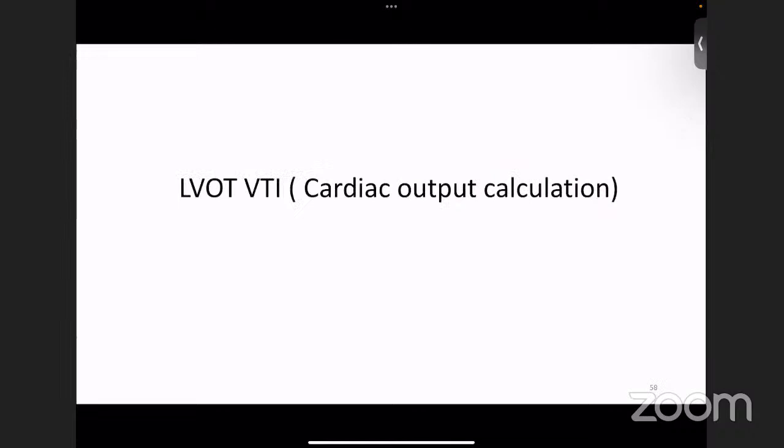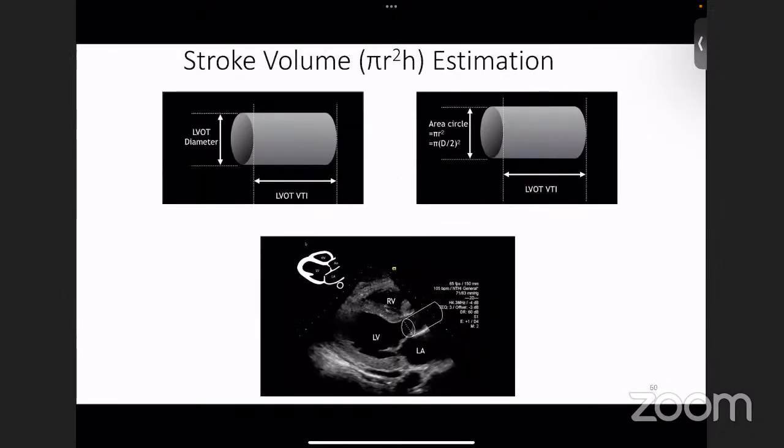Next, how do we calculate the cardiac output using the LVOT VTI? So basically, you use this formula of pi r square h to calculate the volume. So what is pi r square? That is the aortic valve diameter or the LVOT diameter. And what is h? H is the volume of blood that is pumped into the ascending aorta. So this height can be calculated using the LVOT VTI,